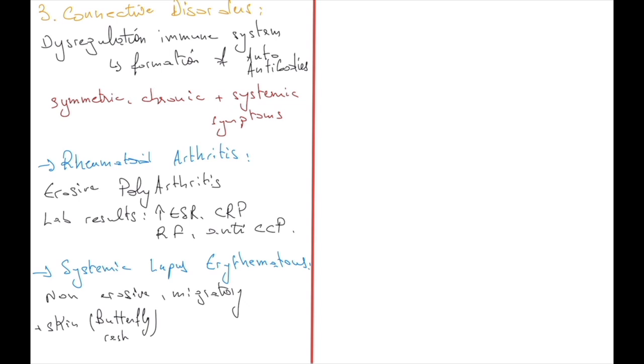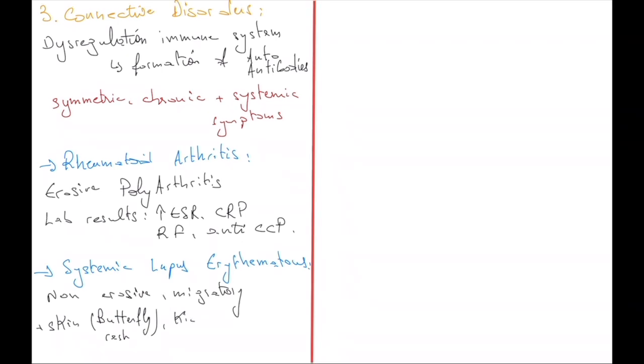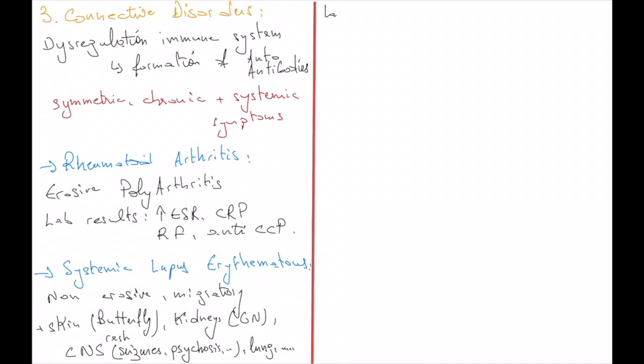disease known as dermatomyositis. Well, we also have renal involvement, typically glomerulonephritis, and involvement of the central nervous system. It can present with seizures or psychosis, or we can have cirrhosis, pleuritis, and so on. Again, it can mimic any disease, so we can have any type of manifestation in lupus. In labs, we have positive ANA, of course, it's extremely important, positive anti-DNA, anti-Sm, and we have low complement levels